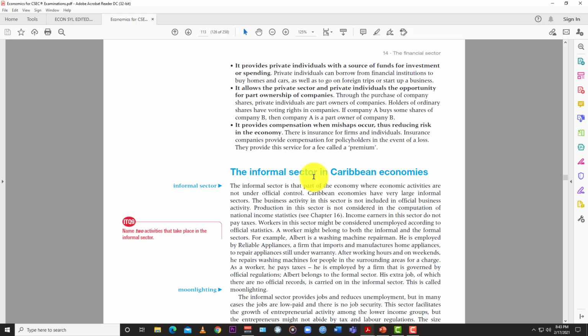So this can help to encourage or incentivize companies to invest more money, knowing that if something goes wrong, they are covered by insurance. This also applies to individuals, so that you can take more risk because you know you might be covered. You might buy a car, feel comfortable buying the car, knowing that if the car gets in an accident and it's not your fault, insurance is going to help you cover that.